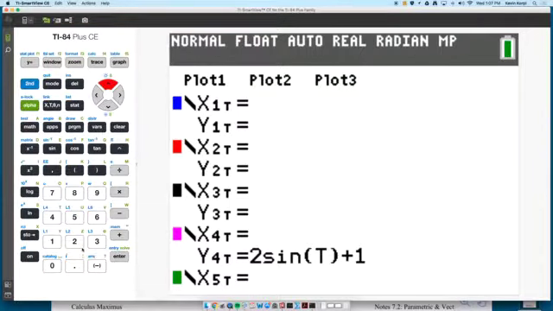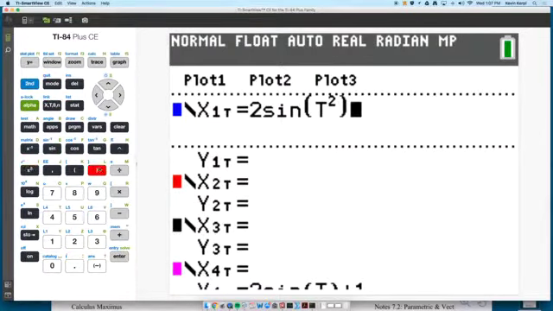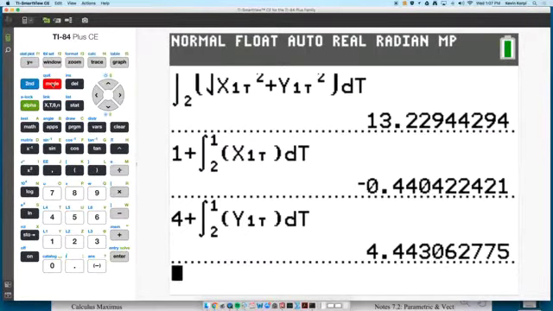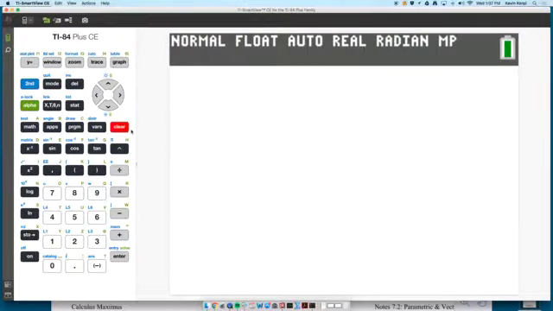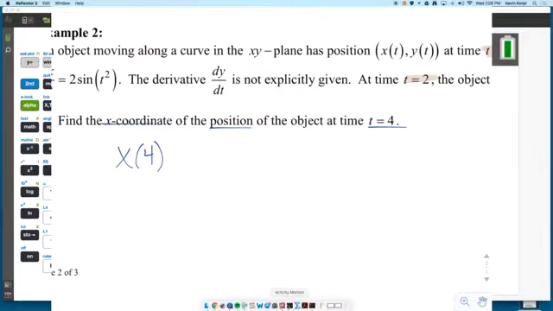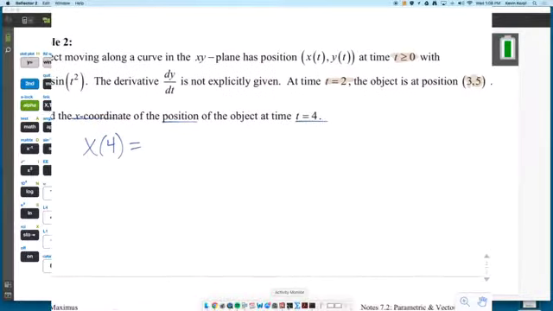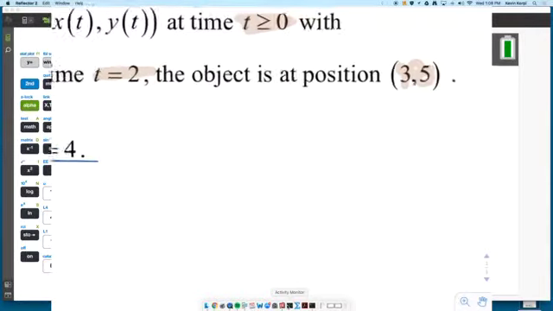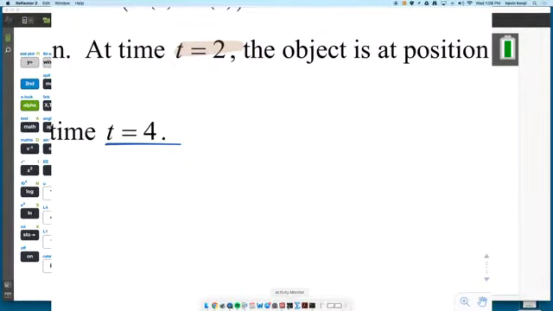So I'm going to type in, once again, into x, x prime, 2 sine of t squared. And y prime was not explicitly given, so that might cause you to say an expletive because you don't have it. But, oh well. Maybe we don't need it. Or maybe they'll have us find it. That'll be good. All right, so let's show our setup here. The x-coordinate 4, so you could call that x of 4. I better switch screens. X of 4 equals what? Someone help me out now. The initial, which is what? 3. My initial x value is 3. Good, so 3